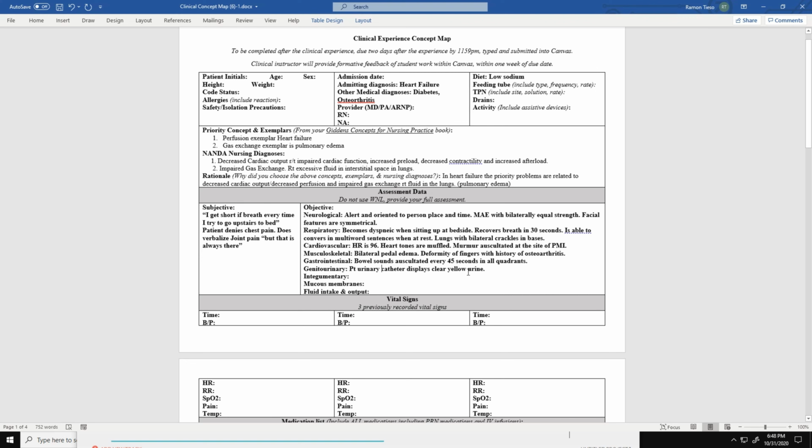Patient's urinary catheter displays clear yellow urine. And we don't have to put how much is out because we're going to do that down here in the fluid intake and output. So now,